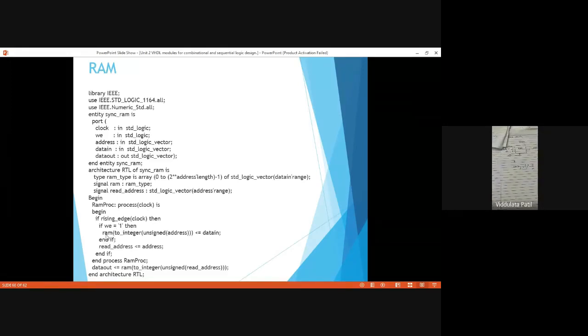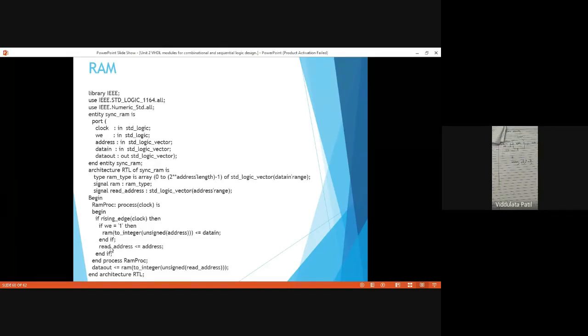Okay, so this RAM signal, now we are changing its type. So two underscore integer, that means we are changing the type from the earlier standard logic to the integer, and then here we are using this function that is an unsigned function for this signal. Okay, that means now whatever your RAM address is, the contents present on data in will be written to that address. Okay, and then this will end if.